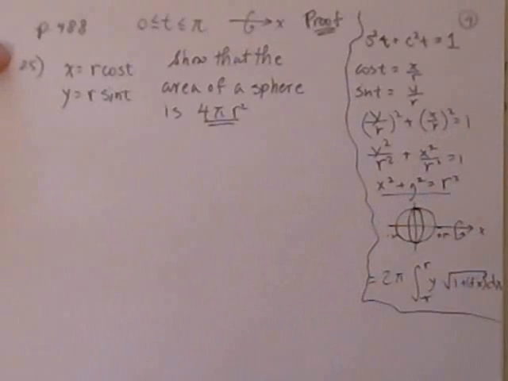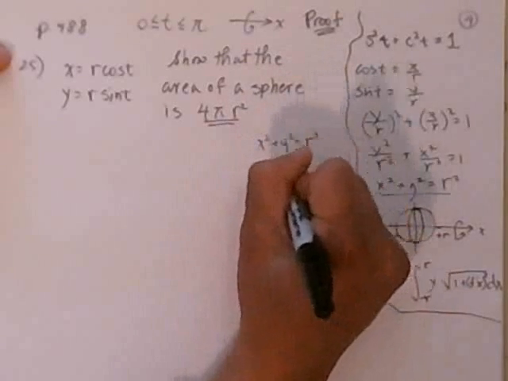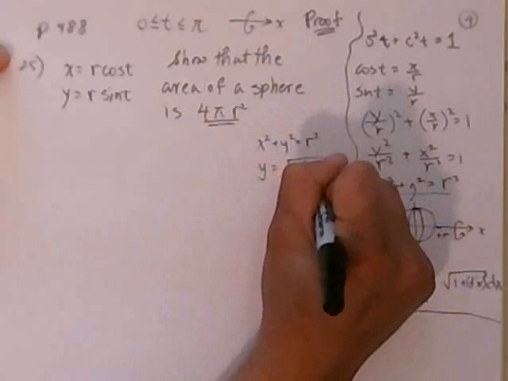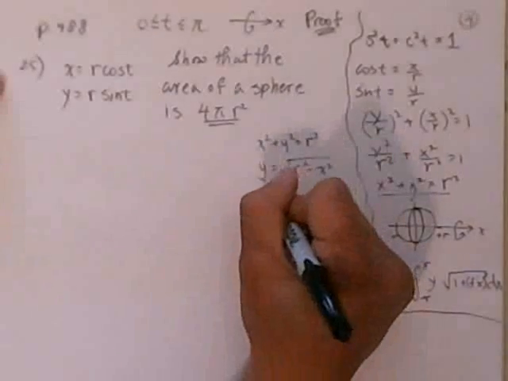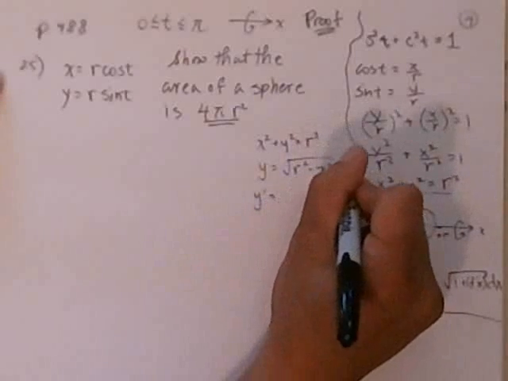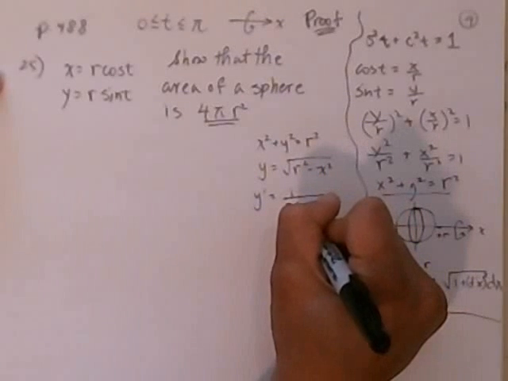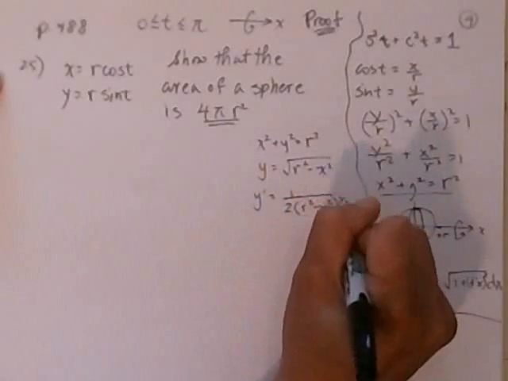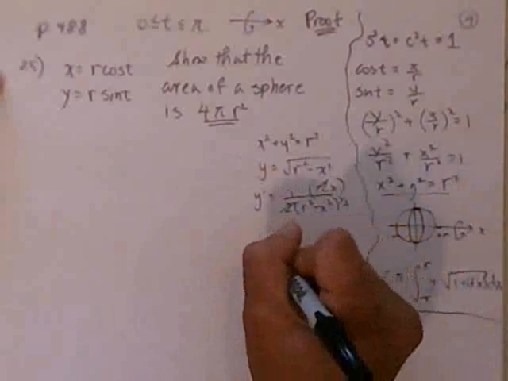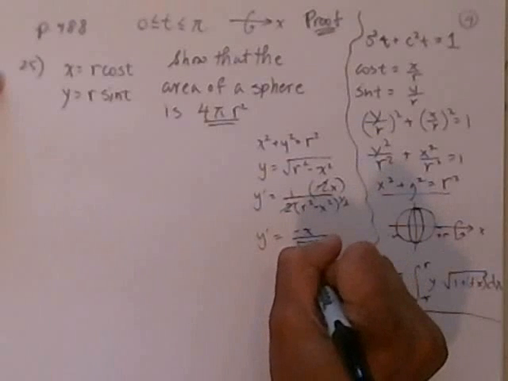x squared plus y squared equals r squared. So we have the equation x squared plus y squared is equal to r squared. Solving for y, we move the x squared to the right side. y is equal to the square root of r squared minus x squared. We have to take the derivative of that, y prime. It's to the 1/2 power, so move it on down. So it's 1 over 2 times r squared minus x squared to the 1/2 times the chain portion, which is negative 2x. Notice that the negative cancels. You end up with y prime is equal to negative x all over square root of r squared minus x